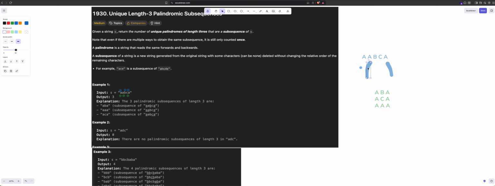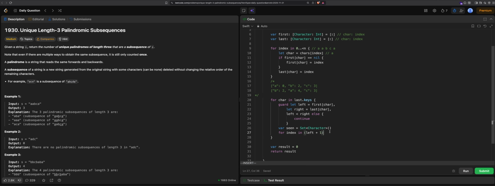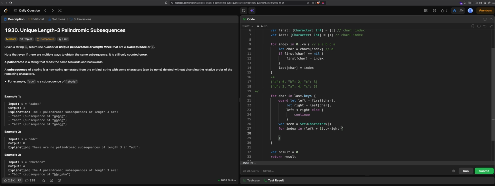So in that case, we're using the A in here. So there's two cases, B and C. In that case, there could be another A, so that would be 3. So left plus 1 must be less than right. Pretty sure, because the right appears more than once in here, according to this last dictionary. So if it matches our condition, what I'm going to do is insert into the